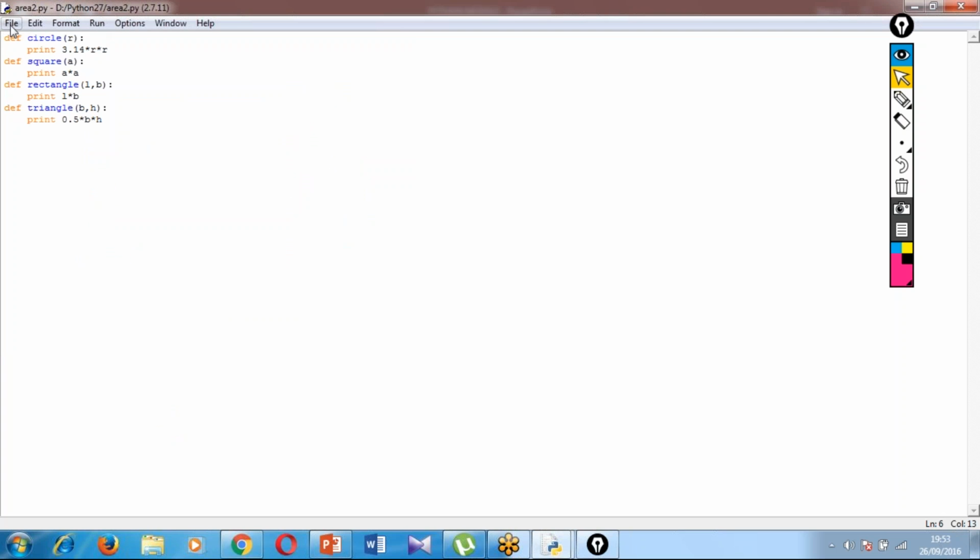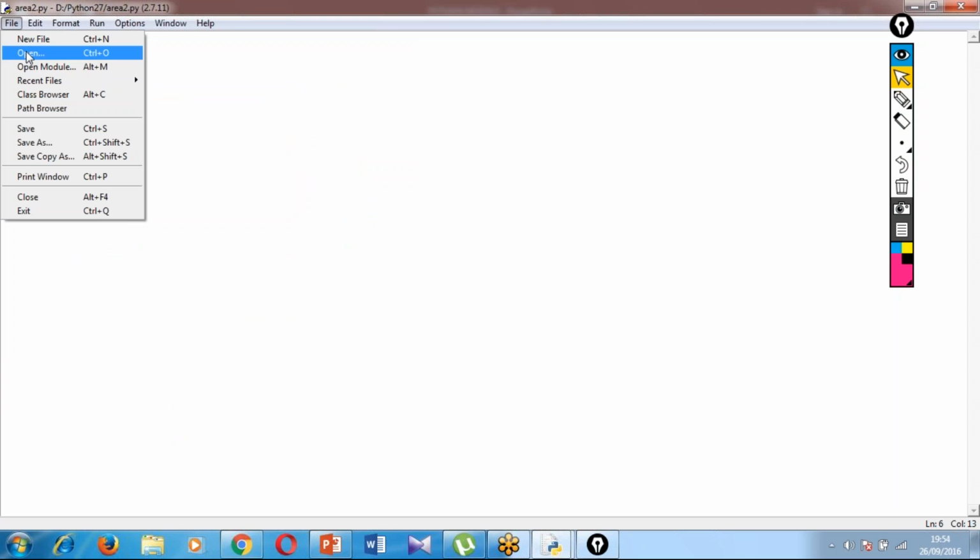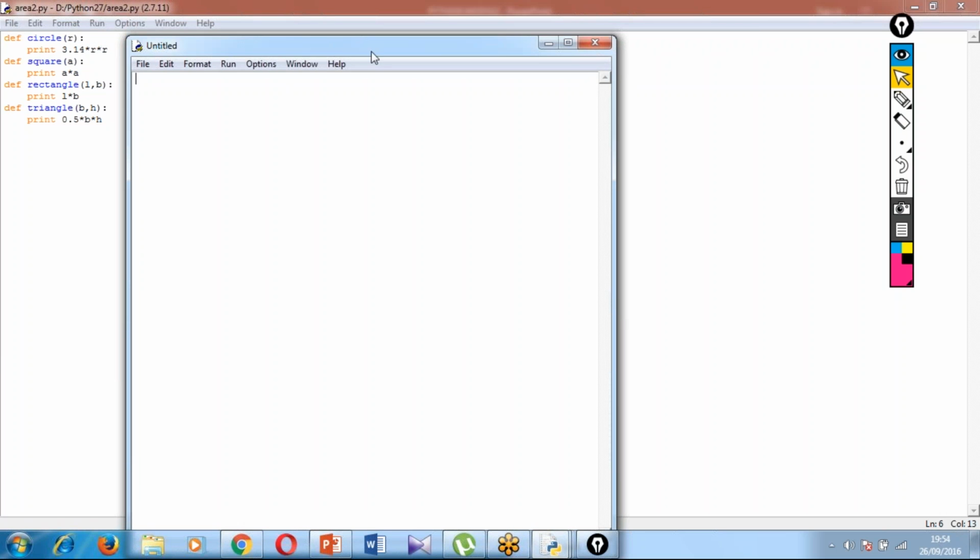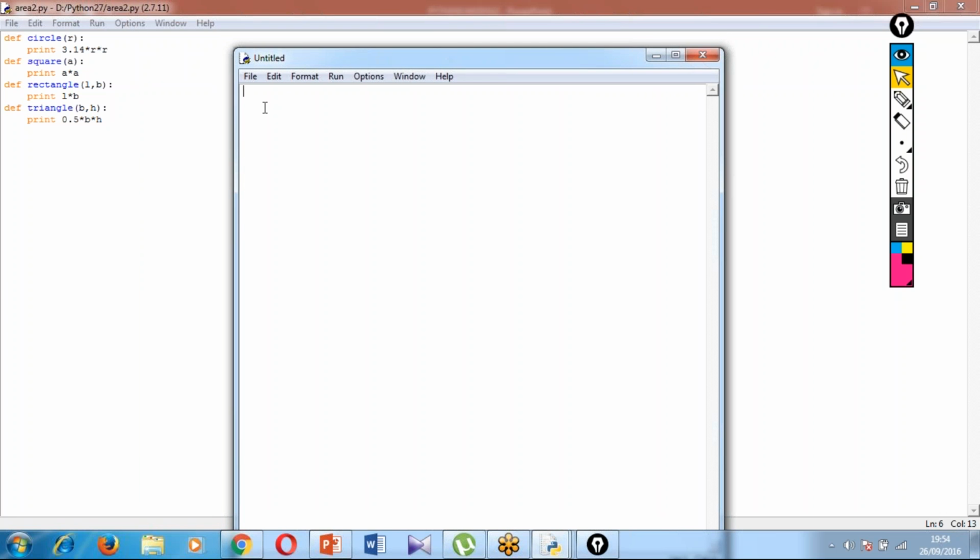Now I have defined a module over here, right? Now my task is to use a value from here. I will use only one function from here or two functions from here. For that I will use from. From means what? As a simple keyword, right? From area 1, got the point? From area 1, import